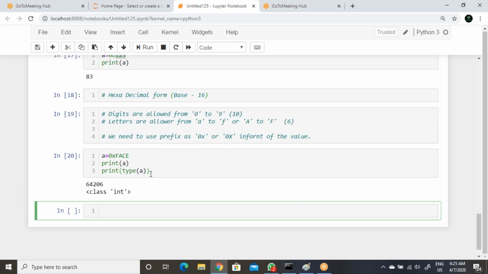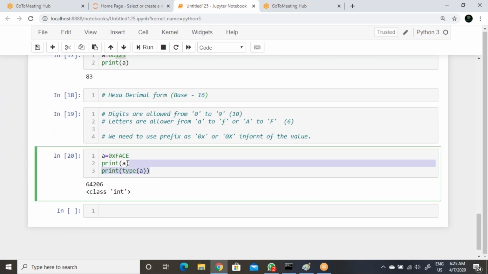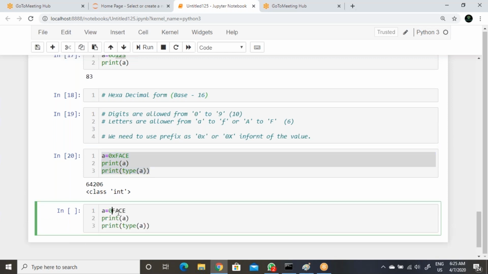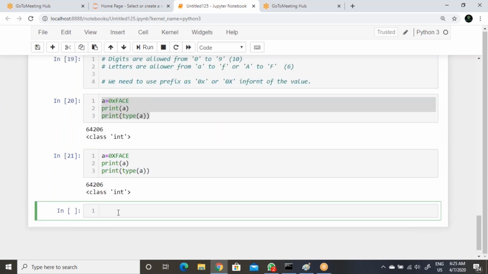Now it is a task for you: how can you convert? Try it after the session. If not, I will share the screenshot. Don't worry about the explanation, it takes a fraction of a minute. This is a task for you because you need to do hands-on.